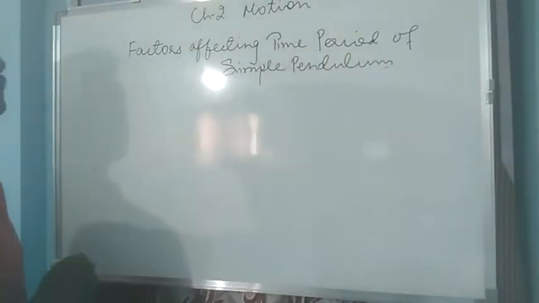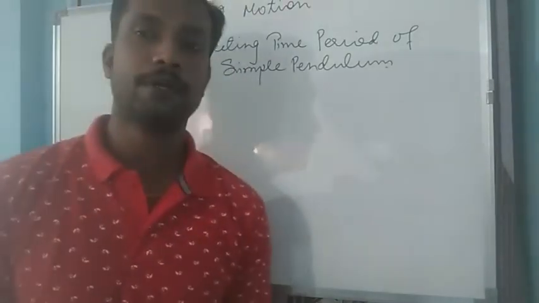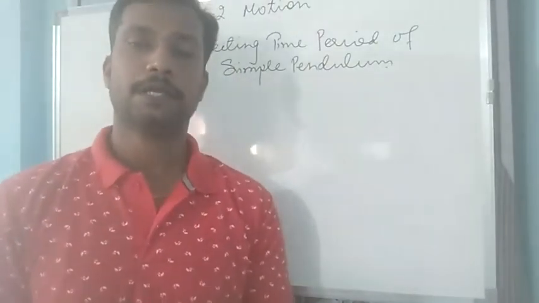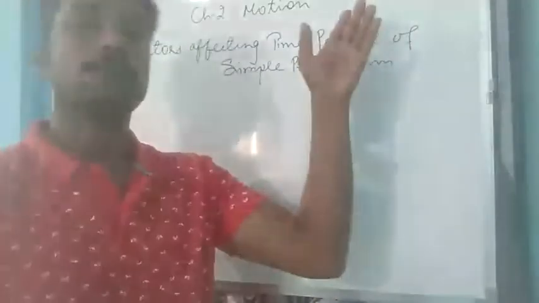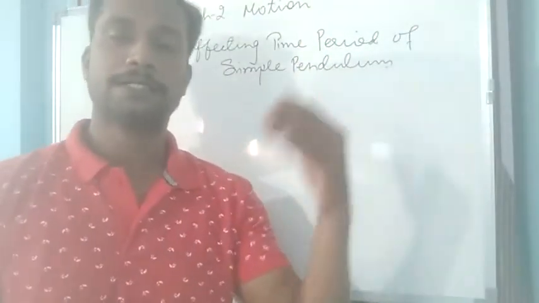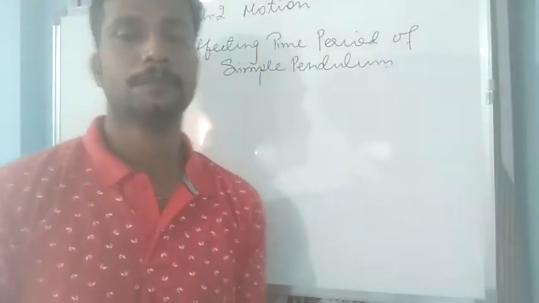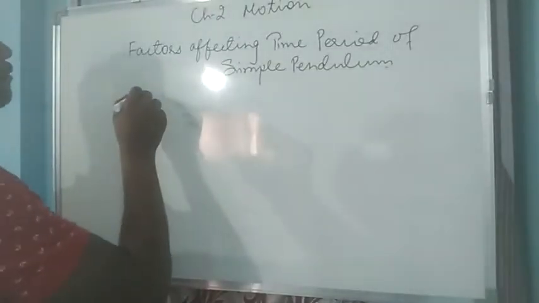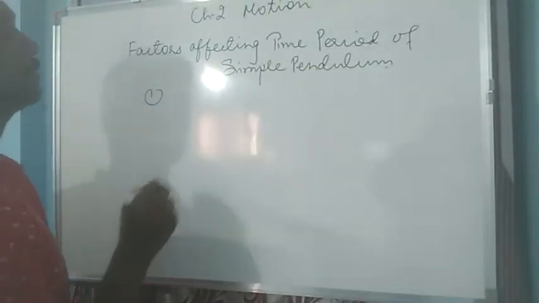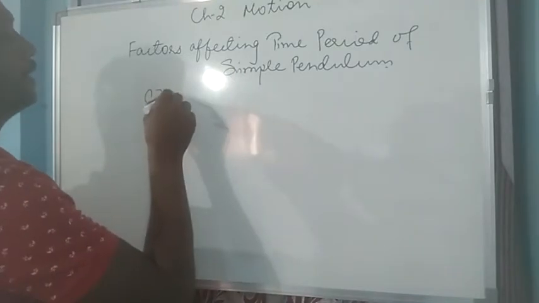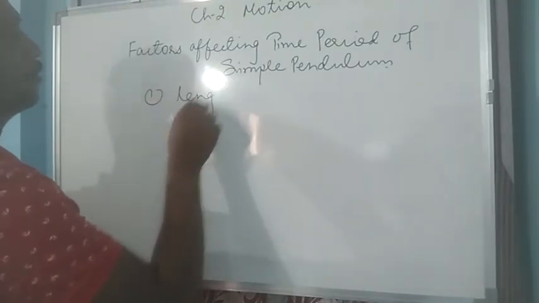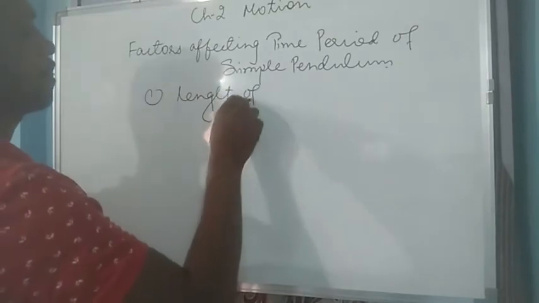There are two factors that may affect the time period of simple pendulum, and the factors are the length of the pendulum and second, the acceleration due to gravity. So the two factors that will affect the time period of simple pendulum will be length of pendulum,